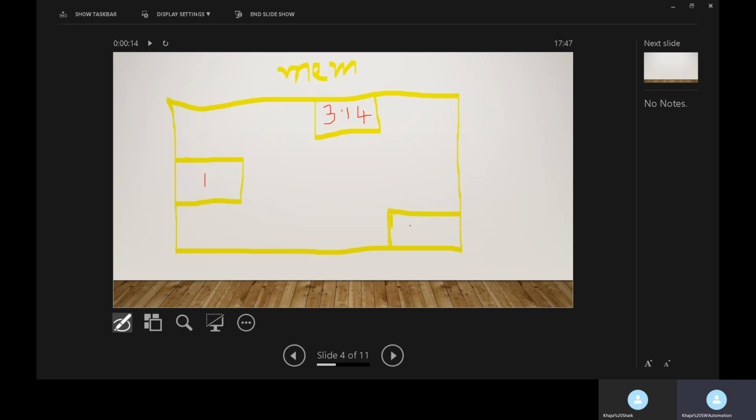And here let us suppose I am storing a symbol like this, the dollar symbol. So like this, in these three memory locations, I have stored three values.